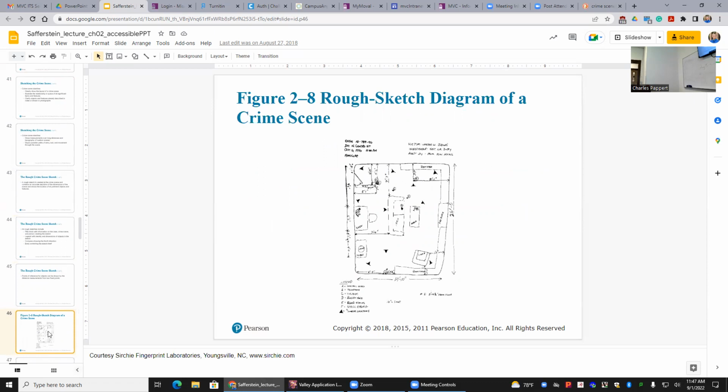Okay, well, what you need to have on your sketch for a crime scene